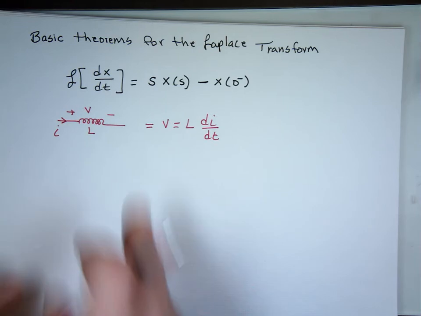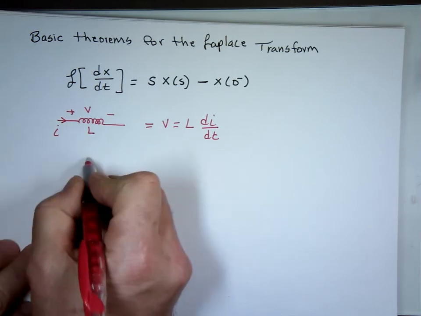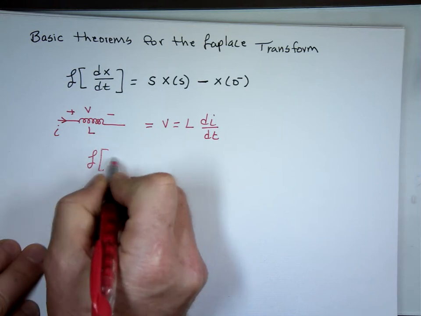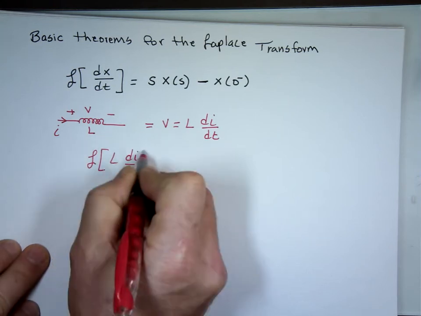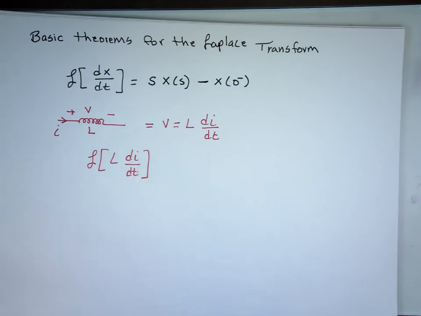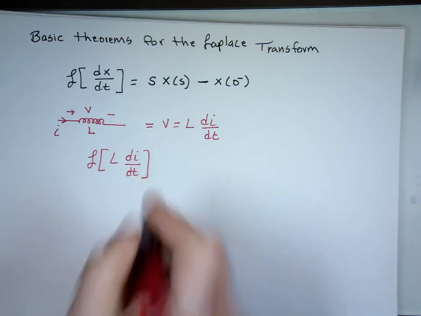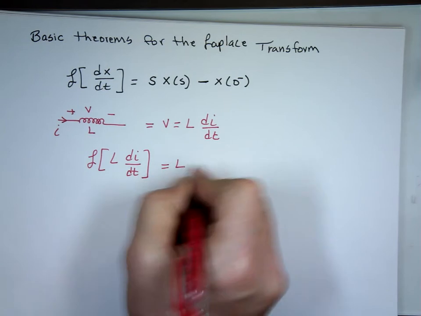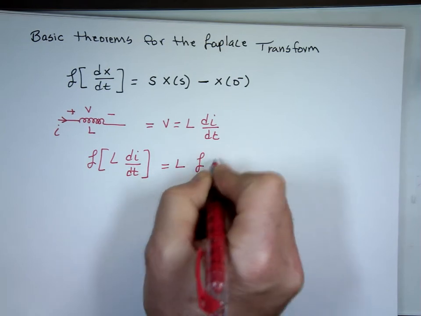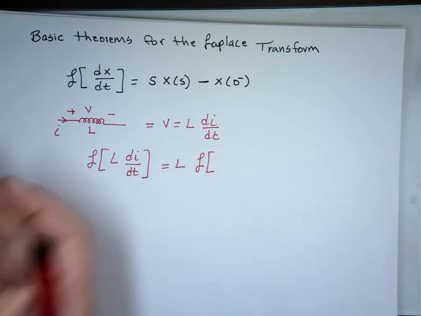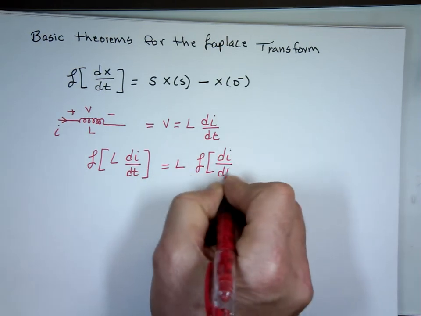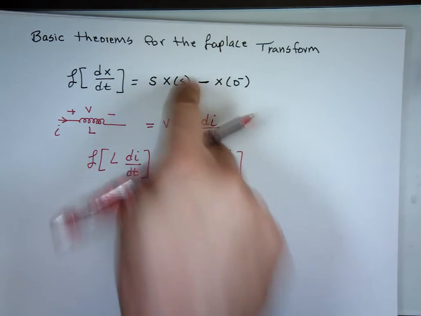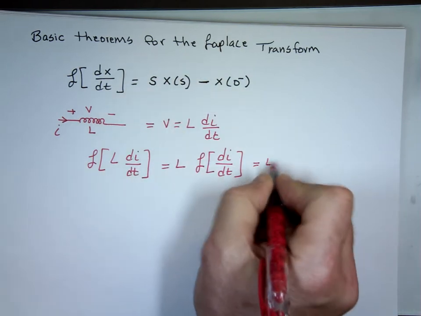So when you have an inductor, if you change it to Laplace now, the Laplace of that, we know we can factor L outside times the Laplace. The Laplace is an integral, so you can take the constant outside, di dt. And using that equation above, this should give me L times